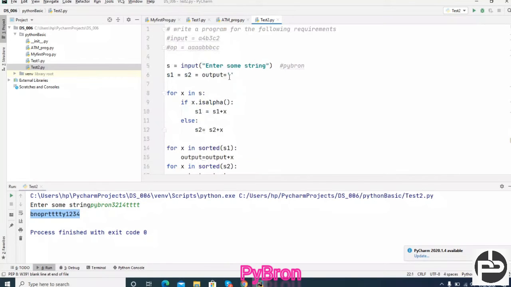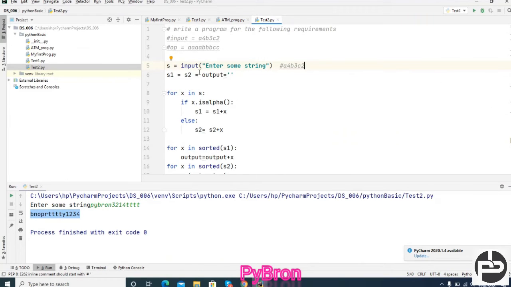So you have to ask the user for a string, and the user will provide a string like this. Next, the user will pass the string like this, Control V, and then you have to iterate over this string like we did.